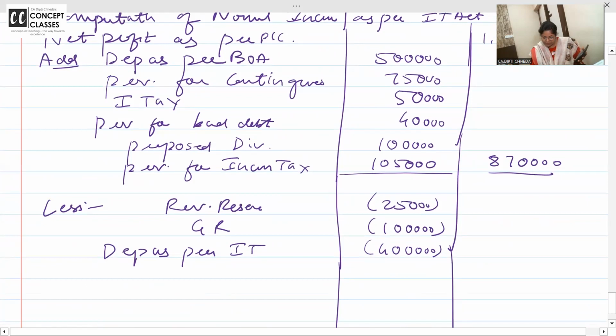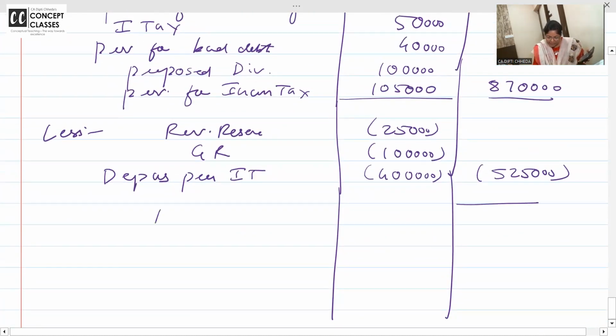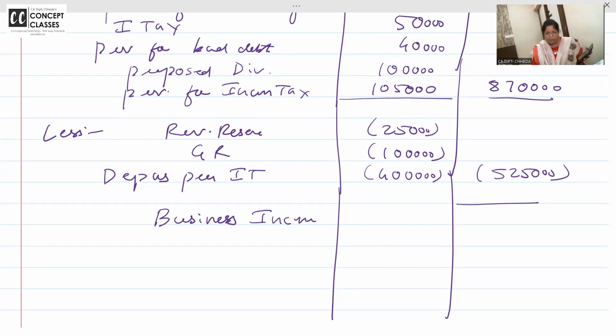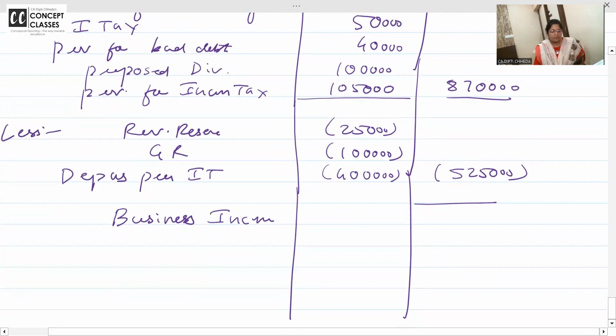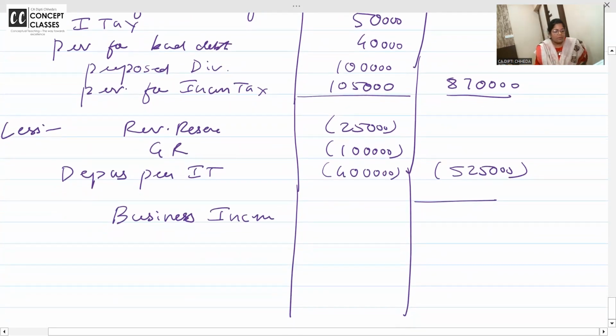Less total is not same because depreciation is different. 5,25,000. Now what is your business income as per income tax, on which you should pay 25% tax because the turnover is less than 400 crores? How much is your business income? Calculate and tell. 123,80,000 plus 870 minus 1,25,000. So as per income tax, it is coming to